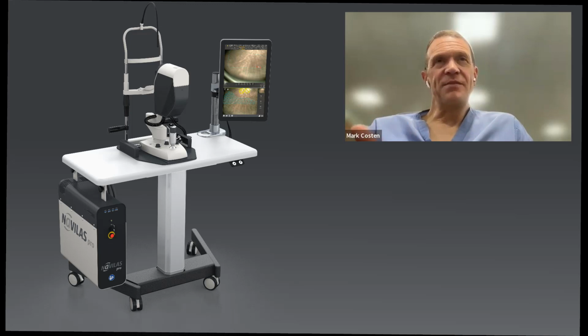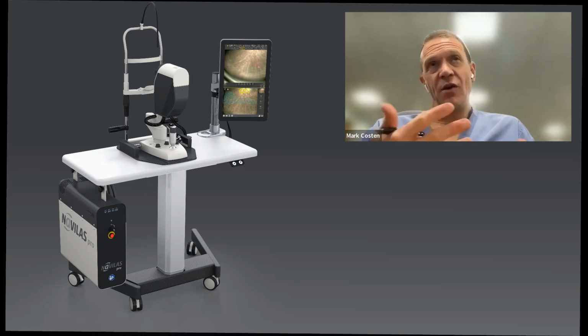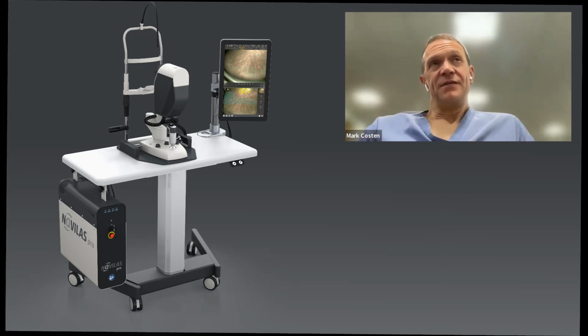So I think that probably the uptake is just as quick for both, as well as more experienced laser operators who've been lasering for a long time. But once you know the principles of what you're doing with the laser treatment, you actually learn it incredibly quickly, which obviously gives the potential advantage of being able to train allied health professionals,